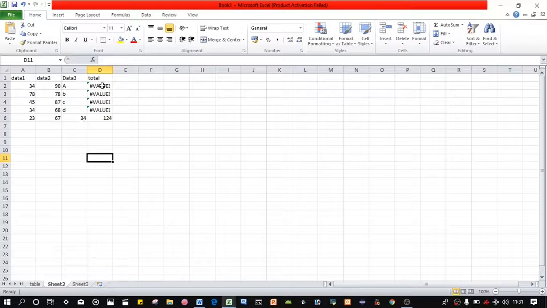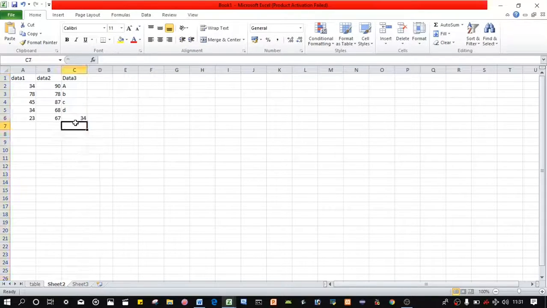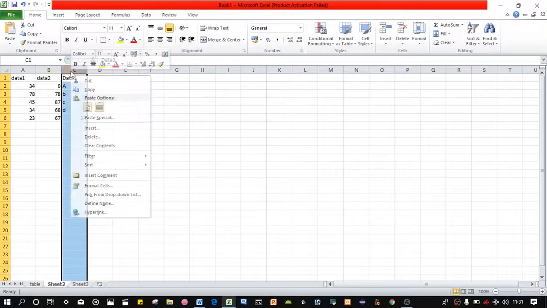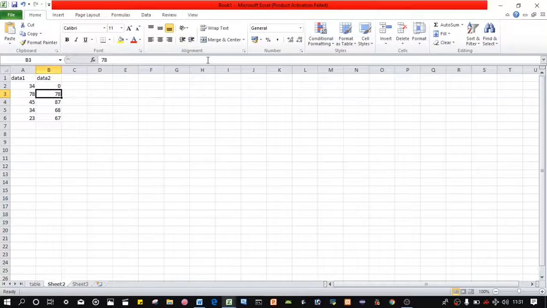The second error is this. Suppose here the data 1 is 0. Delete this, delete this also, it's 0.